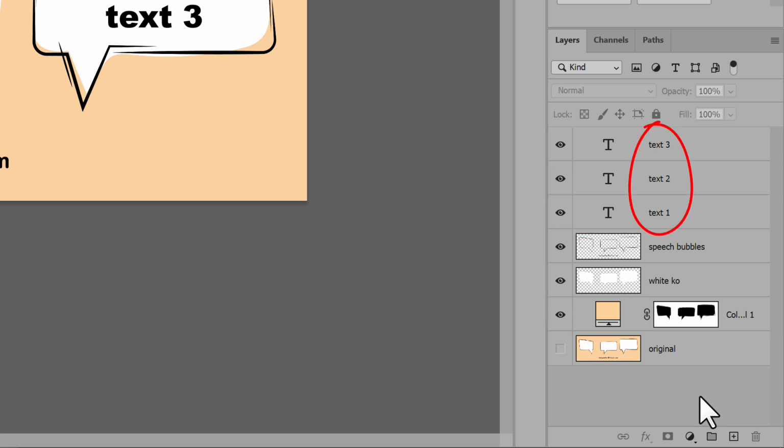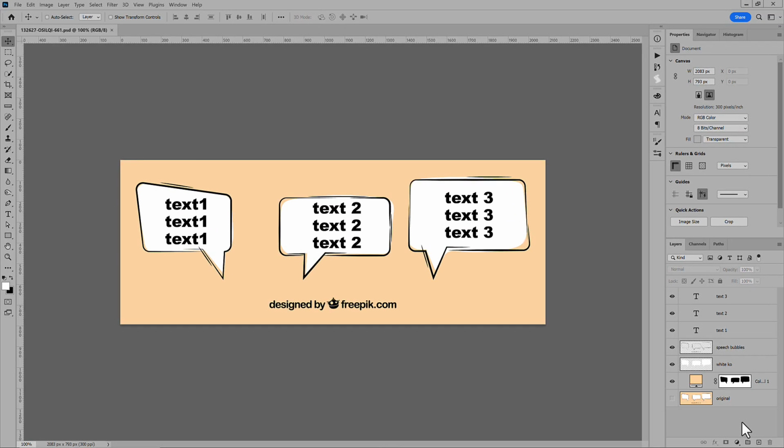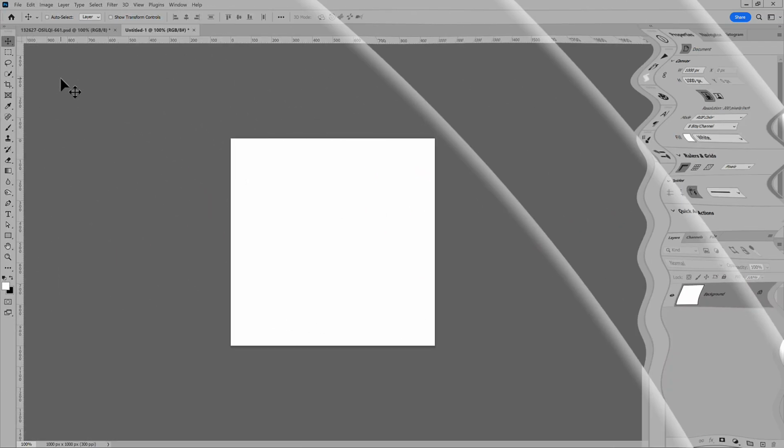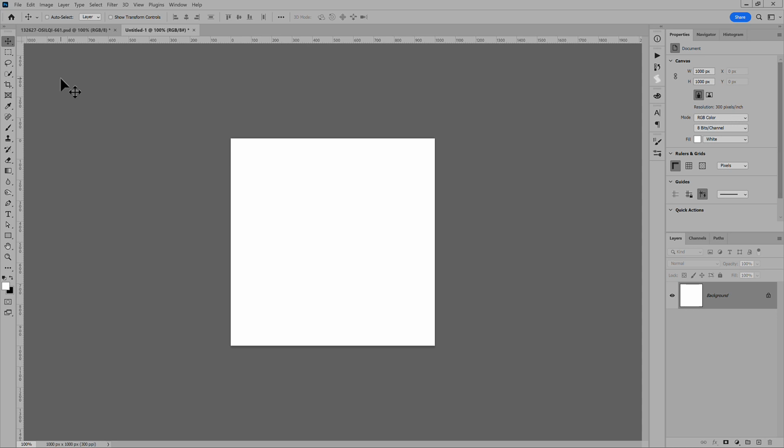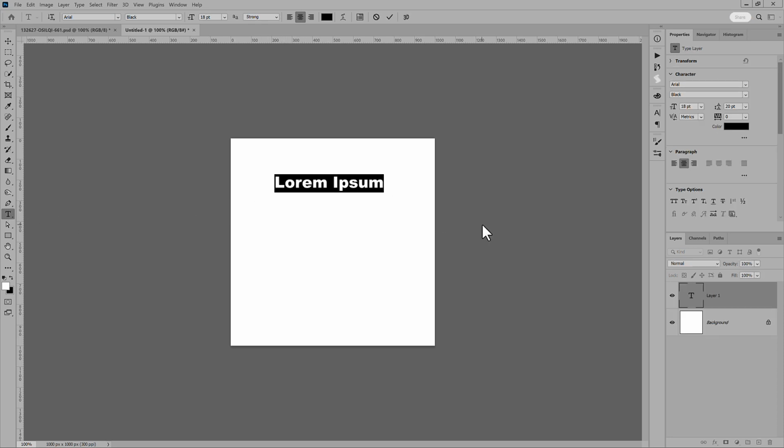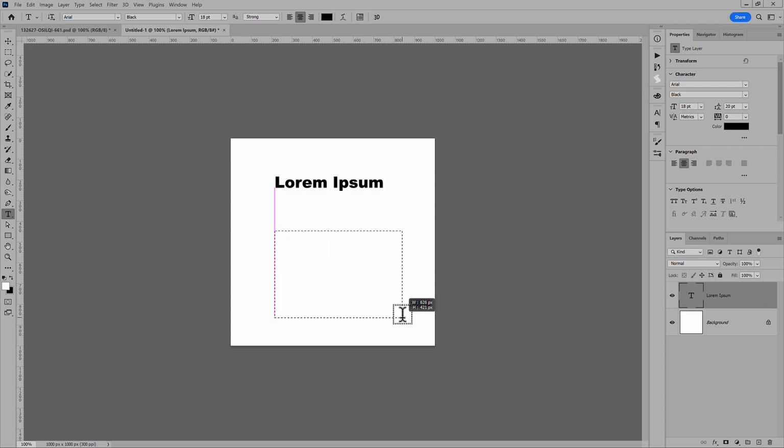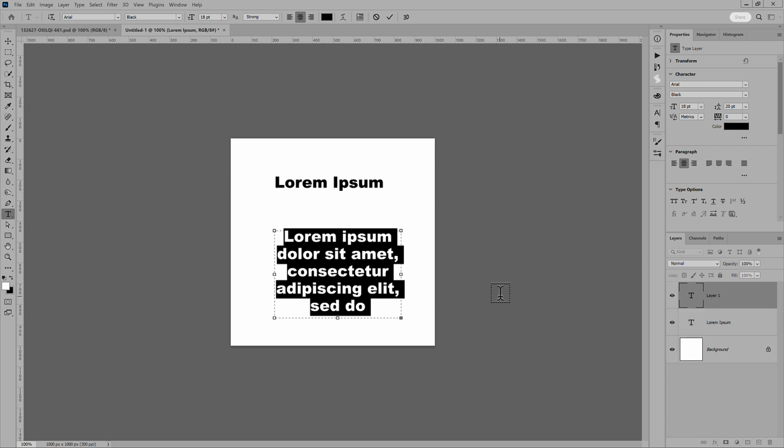The layer names can be whatever you like, but it's important to know their names, because each must be listed in the CSV so the script knows what goes where. When setting up the master image, it's best to use a text area to define placeholder text. The difference is whether you click or drag when using the text tool. Click and the text is a single line. But drag out a rectangle instead, and a text area is defined. That's a better choice. I'll explain why later in the video.